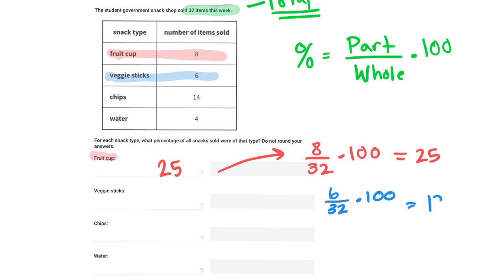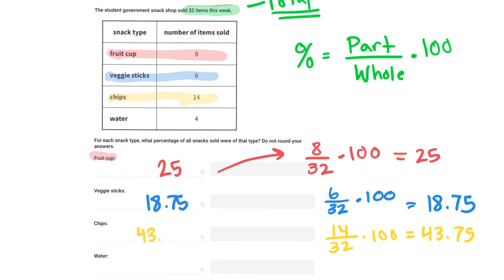And that gives us 18.75. So that means we have 18.75%. For the chips, they sold 14 chips. So we've got here 14 over the 32 times 100. And that ends up being 43.75%. And then the last one we have here